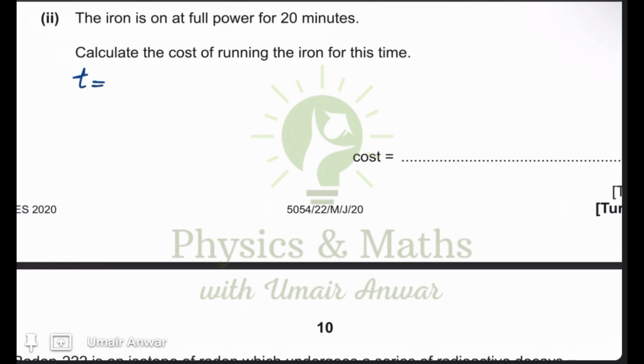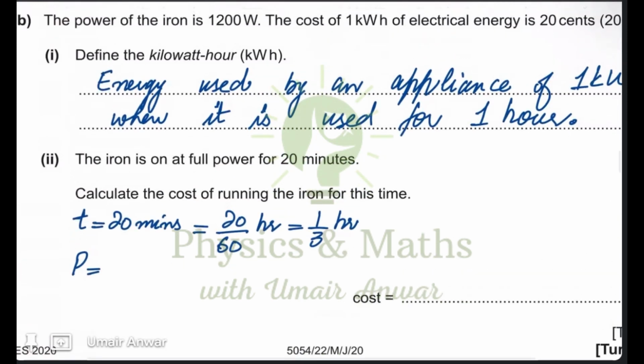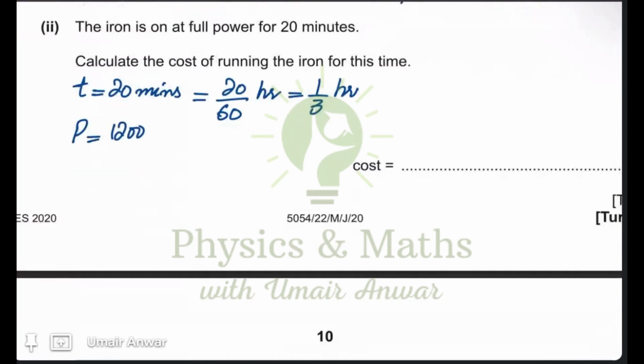So first of all, we are given 20 minutes, and we are going to convert it into hours by dividing it by 60. So it becomes 1 upon 3 hours. The power rating for the iron is given, and it is 1200 watts. So it should be converted into kilowatts. So 1200 watts, and 1200 divided by 1000 would become kilowatts. So it is 1.2 kilowatts. Or we could also write it as